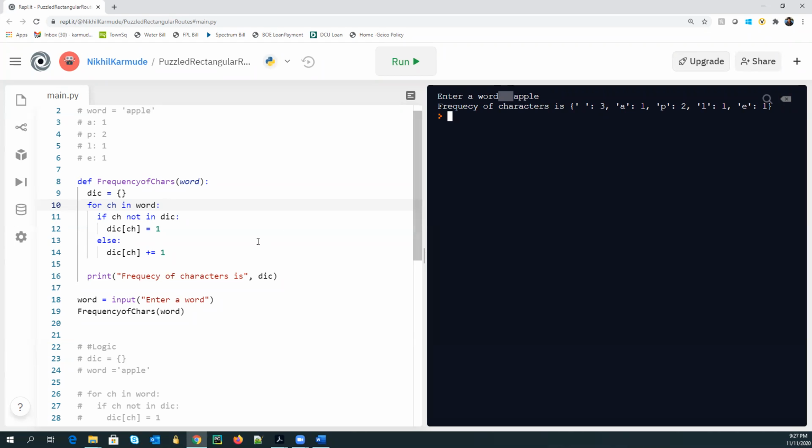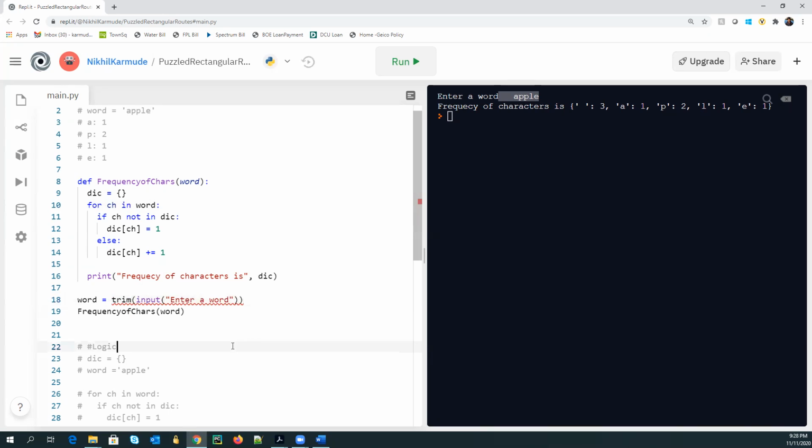Now the resolution for this: the word which is captured over here goes from this point to this point, the selected part. That whole selected part is considered as apple, which includes 3 blank spaces, but we don't need them. So what we'll do is utilize an inbuilt function called trim, and inside that trim function,